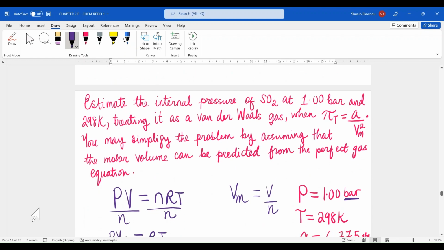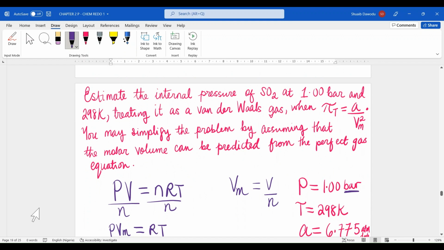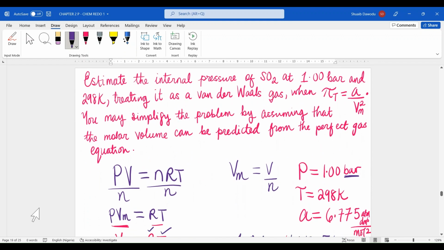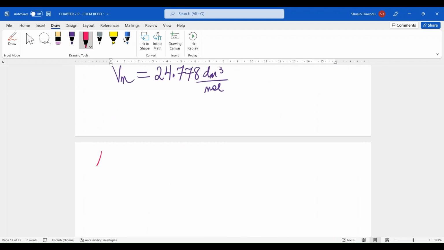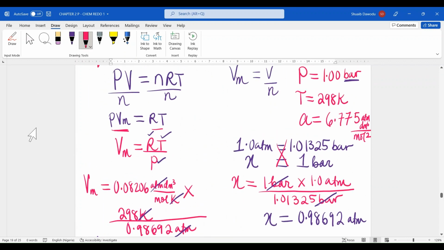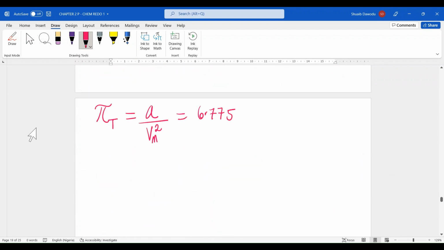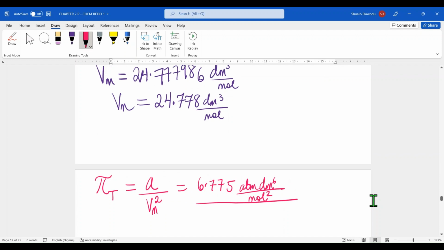So they asked us to estimate the initial pressure of SO2 at 1.0 blah blah blah, treating as a van der Waals gas when pi t is equal to A divided by Vm squared. So now we move on to what we're asked to do. So we have pi t is equal to A divided by Vm squared, where A is just 6.775 atmosphere dm6 per mole squared